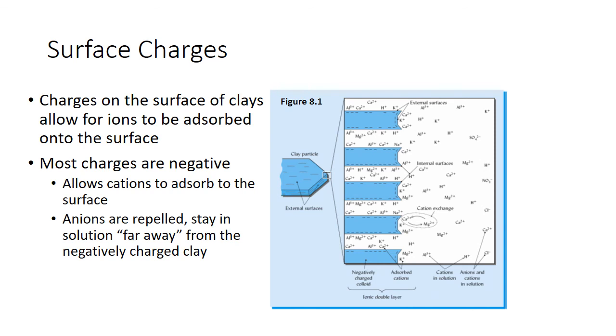So we have all those surface areas, and a lot of that area is in contact with the soil solution and can allow for the exchange of cations. So with these cations, they generally absorb on the outside of these layers of clays. And so if you look at this figure, we have this clay particle, and you can think of clays, when they stack up, they sort of look like a bunch of pages in a book, where there's a front page, a back page, and then a stack of pages in the middle. And the parts that are accessible to cations are the edges of those pages and the